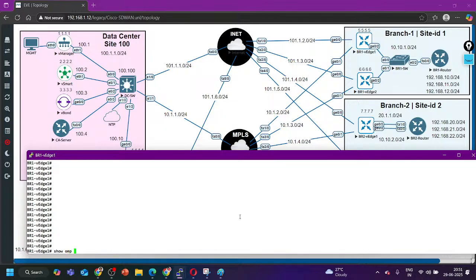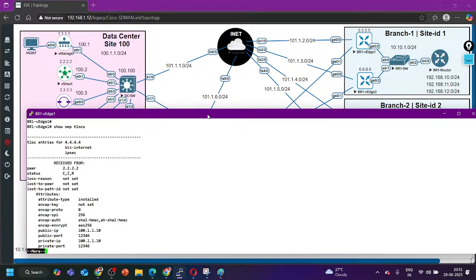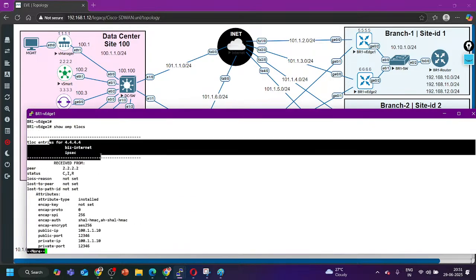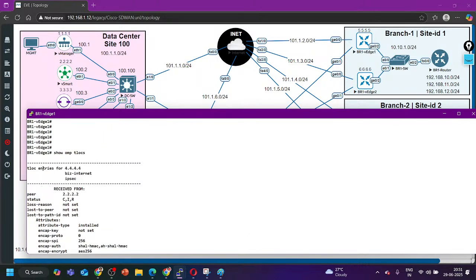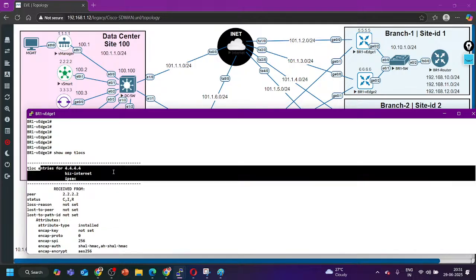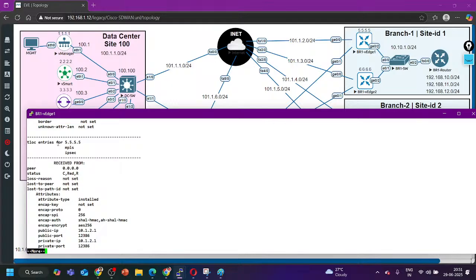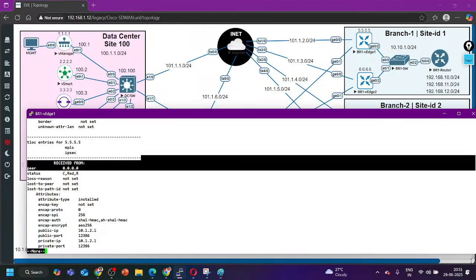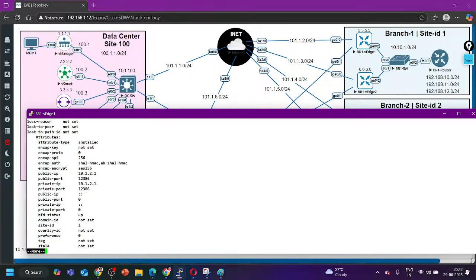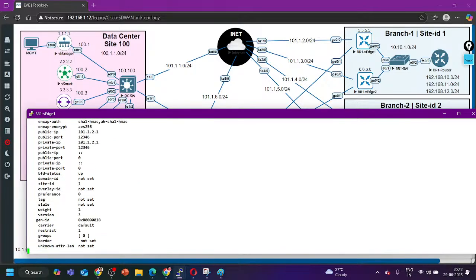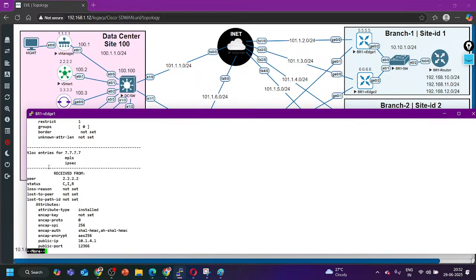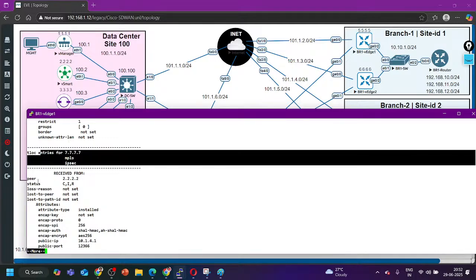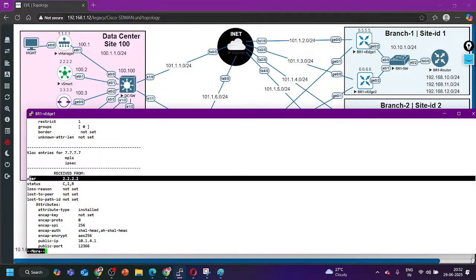So OMP TLOCs. You will find the TLOC of branch 2, branch 3, their own TLOC, the self-advertised TLOC, the DC TLOC. The DC vEdge has only one TLOC, you can see, because only the internet color is configured there. But 5.5.5.5 has two TLOCs. This is the self-advertised TLOC, 0.0.0.0. I am interested to show you the TLOC of 7.7.7.7. See, from where it is coming? It is coming from your vSmart,